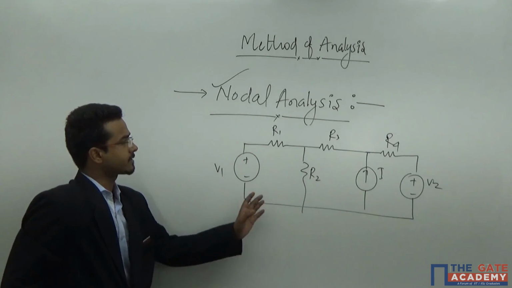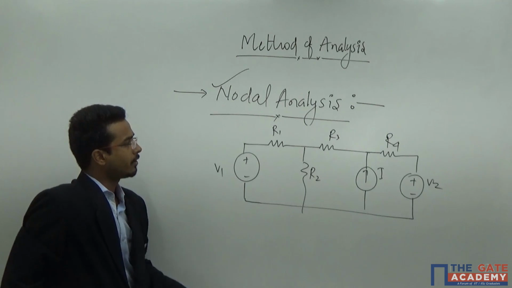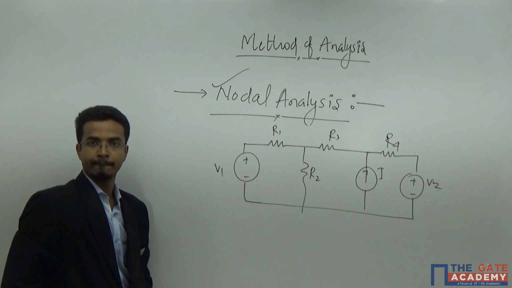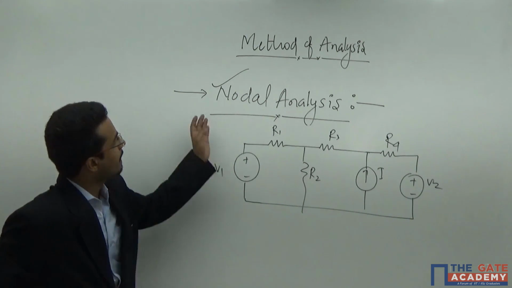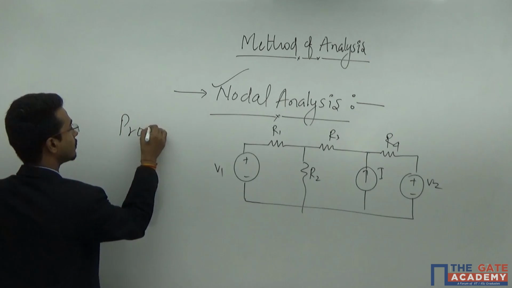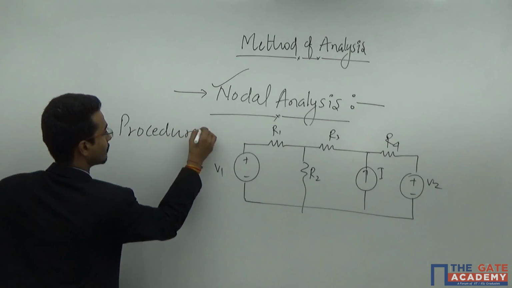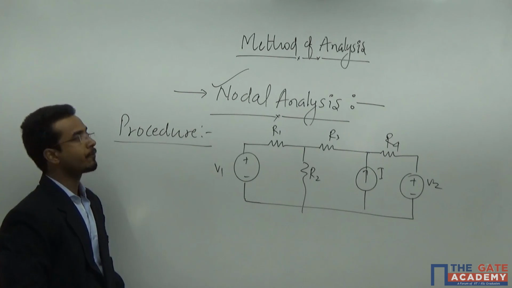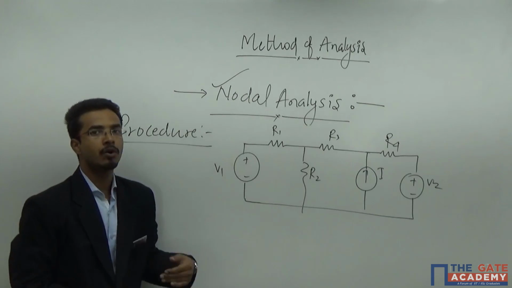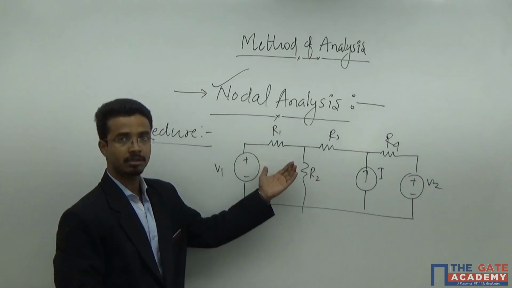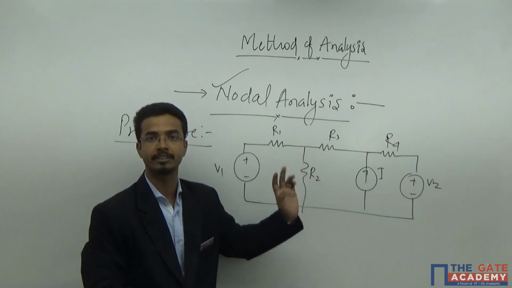Assume that this is the given circuitry, and here we have to calculate the potential across each and every component. And we have to solve this by nodal analysis. That means firstly we will discuss the procedure of how to proceed in the nodal analysis method. My first approach should be, if I want to apply nodal analysis, I should know how many nodes are here. That means the first step is to identify the nodes and assign the node voltages there.